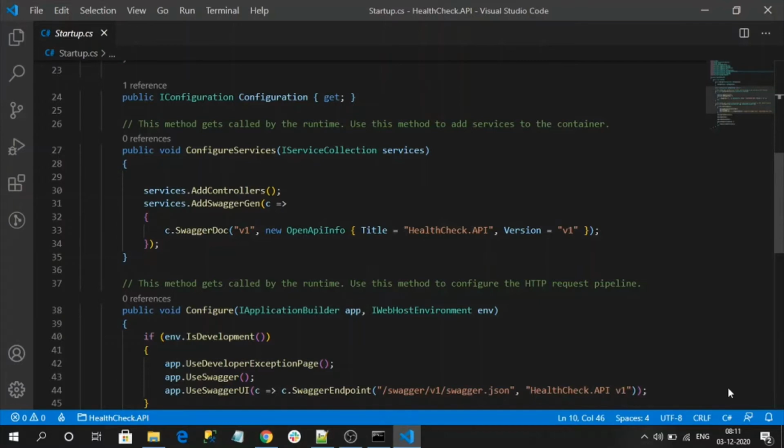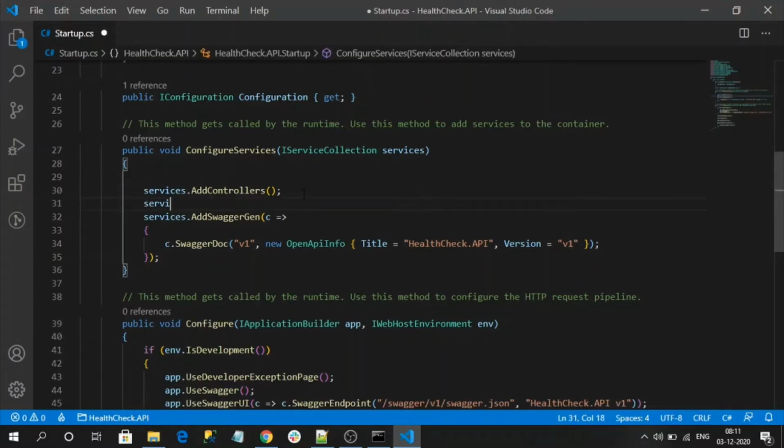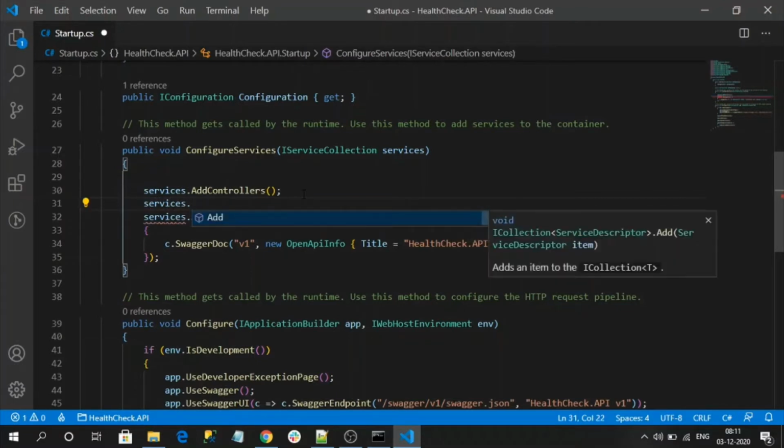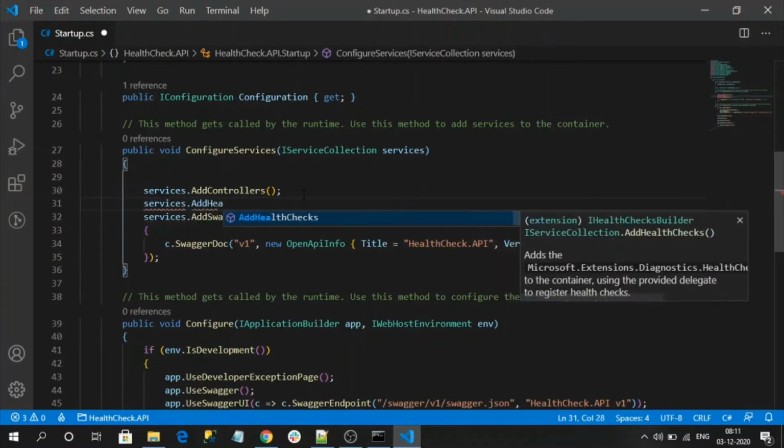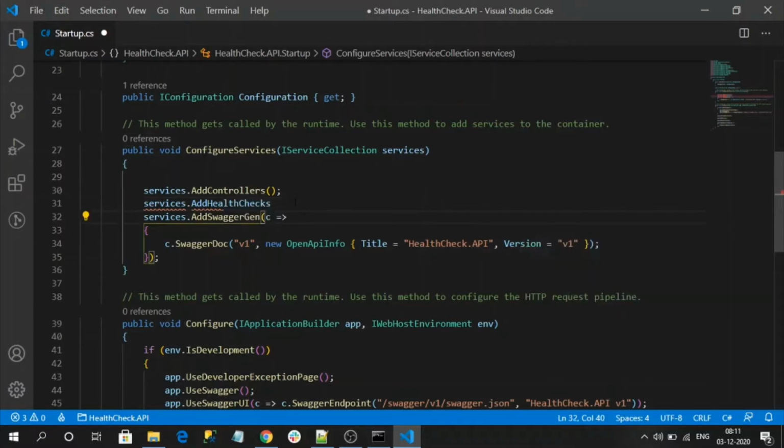So let's begin by configuring the health check services. services.AddHealthChecks. See, this is the AddHealthChecks service that is loading from Microsoft.Extensions.Diagnostics.HealthChecks. So let me register this. Now I registered health checks.